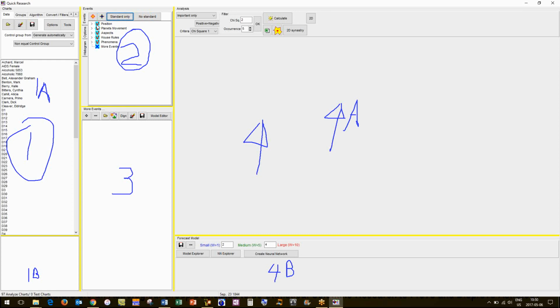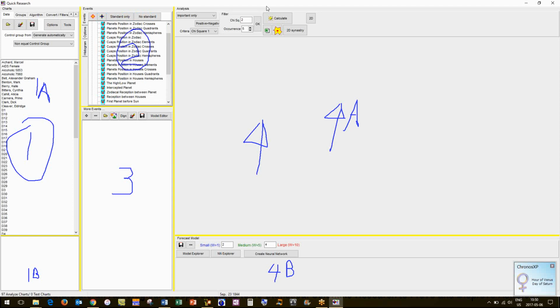If we work with a standard, there are some preset models created here, and it will check planets in the zodiac, crosses, quadrants, positions, house cusps, planets that rise before the moon, borderline placement here, planetary movement. It checks whether the planets are retrograde, direct, and whether they move fast, slow, stationary. So if you have all these on, this is some preset data that you can just quickly run an analysis and see what comes out.